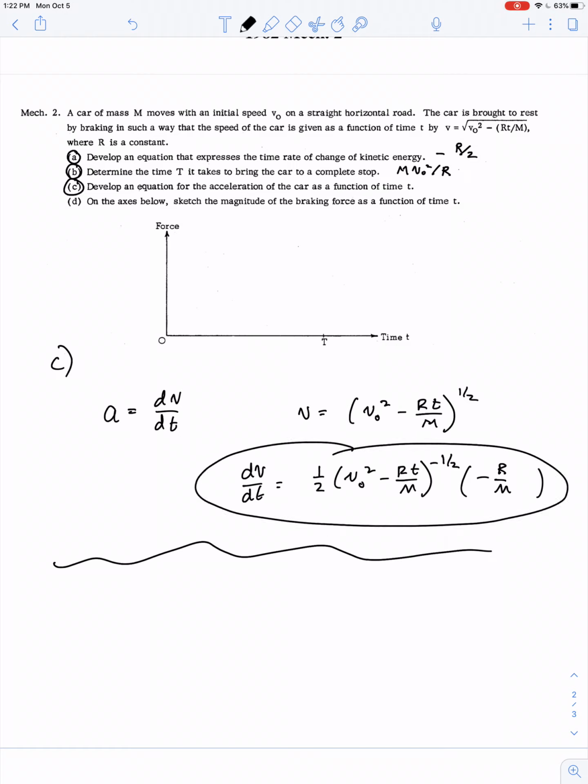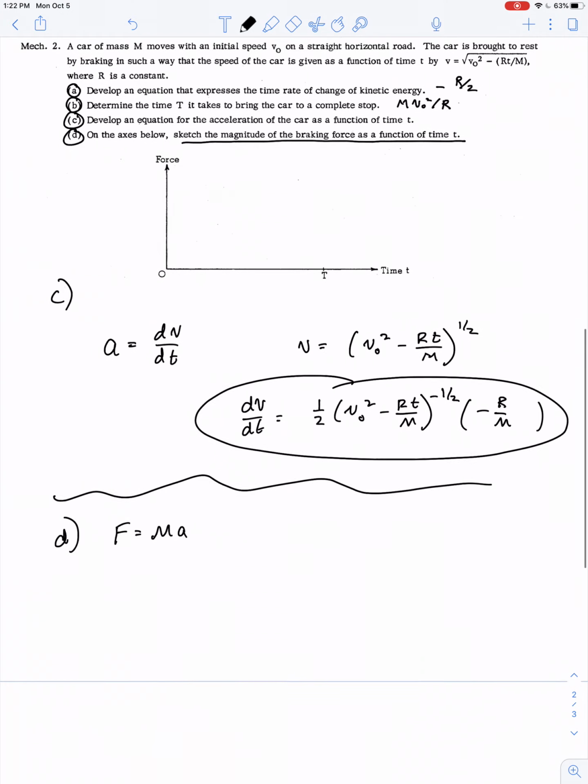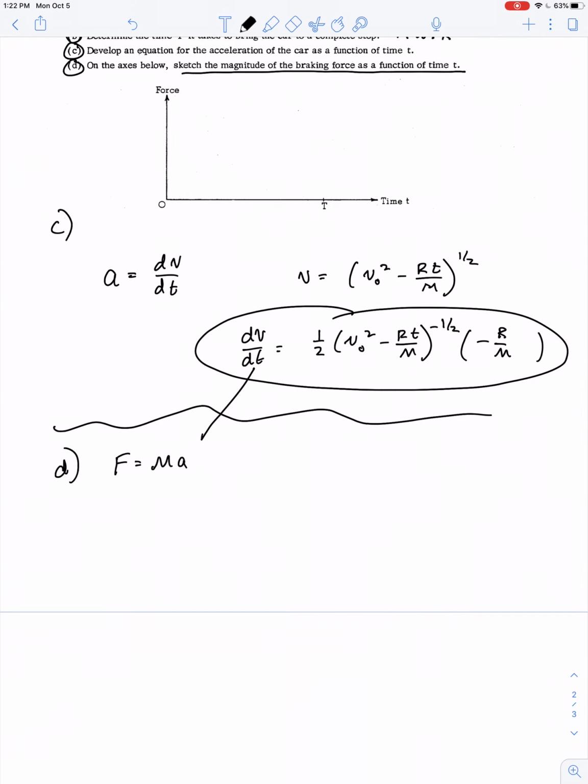Part D, sketch the magnitude of the braking force as a function of time. Well, force is equal to mass times acceleration. And we have the acceleration from our previous problem. So let's just write this a little more clearly. The force is equal to, how can we express this a little easier? Well, we have to multiply m times